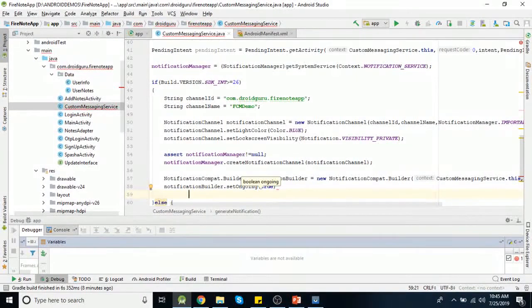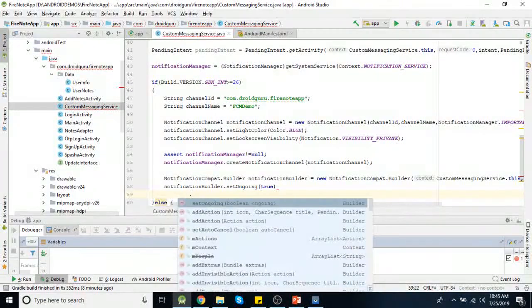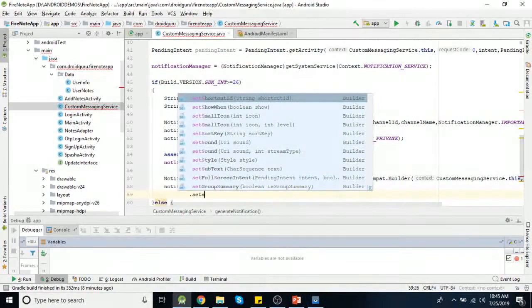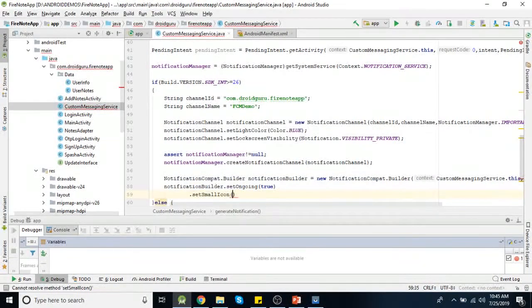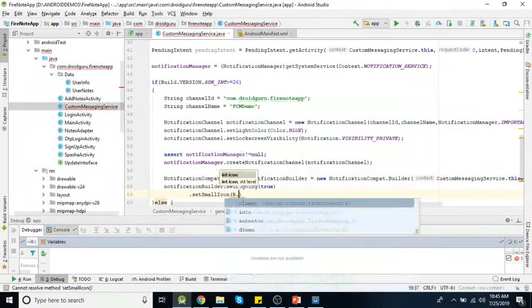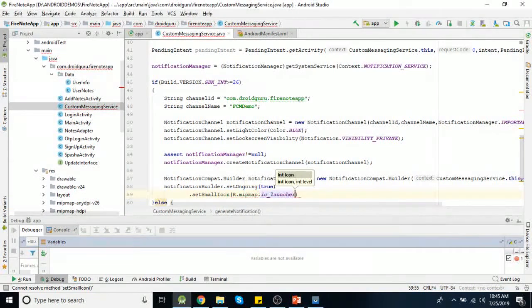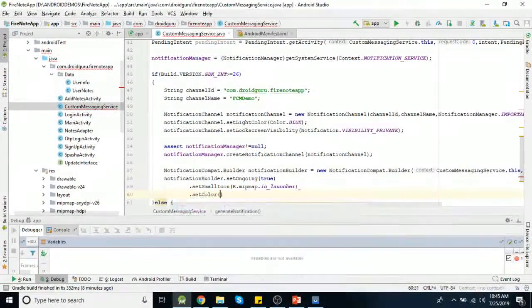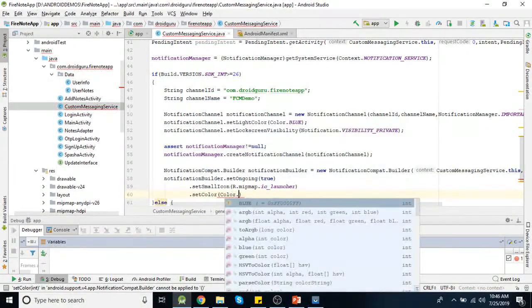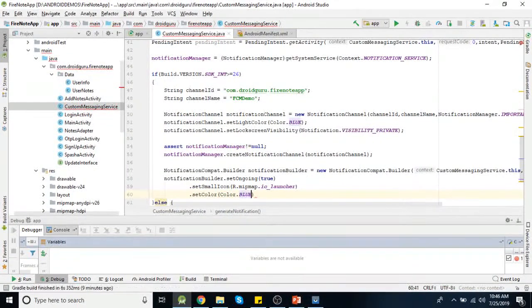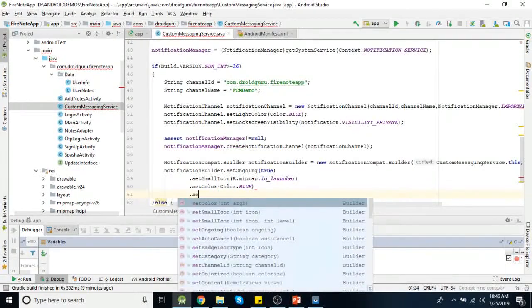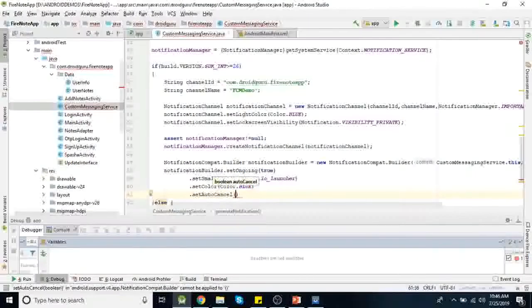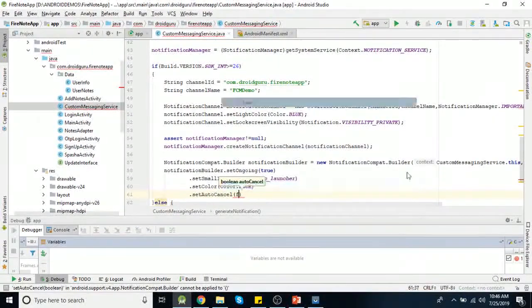Then we'll set small icon. Let's use that same IC launcher. Then you can set color. So set color, say color dot blue. Then you can use your auto cancel flag, say true.